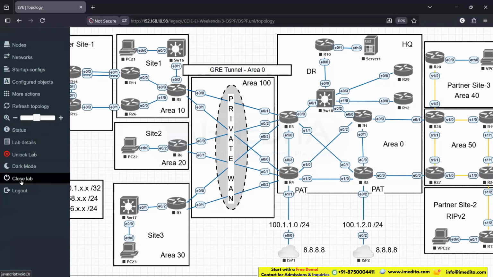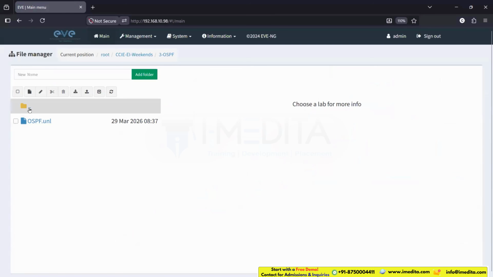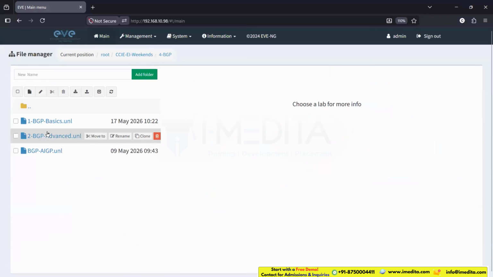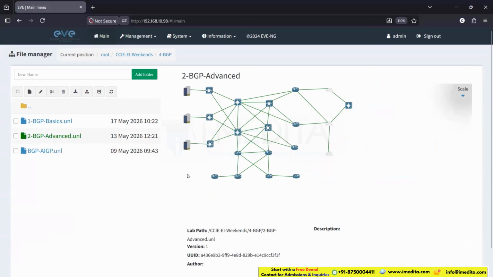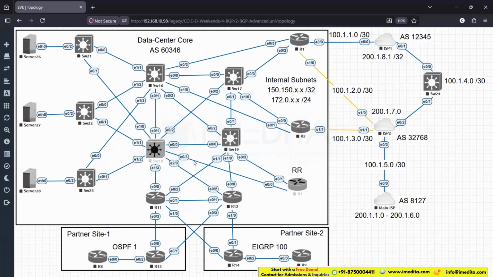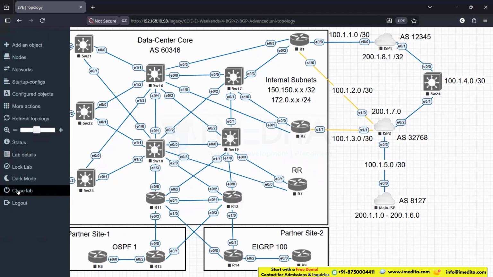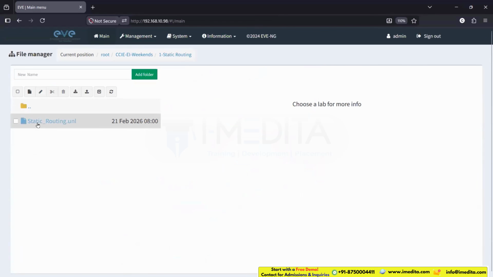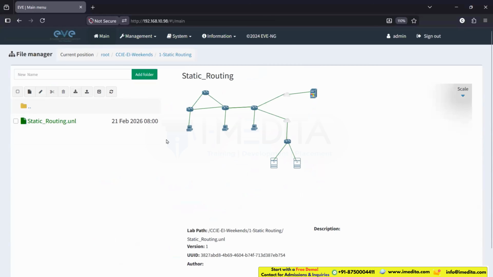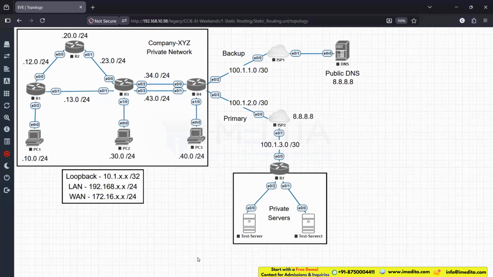Same goes for others as well. We have Border Gateway Protocol, some BGP topologies actually. So I will say on a per technology basis, there are going to be labs. For example, when we talk about static routing, I will be using this lab. I will show you all these things in this lab, and it will be your responsibility